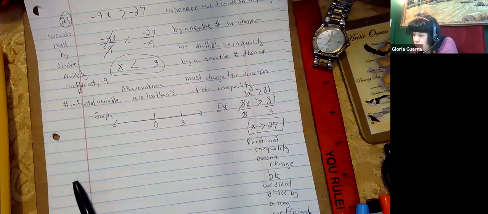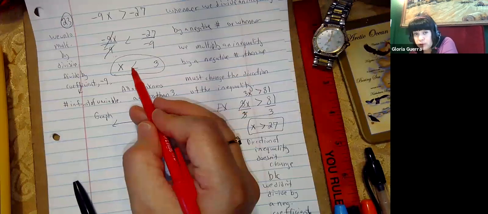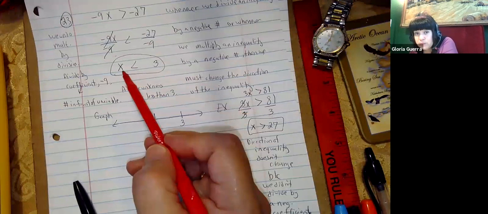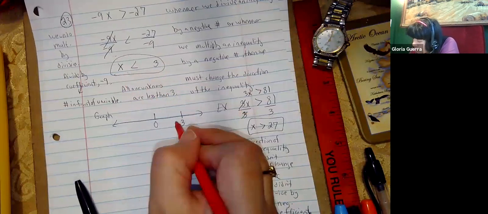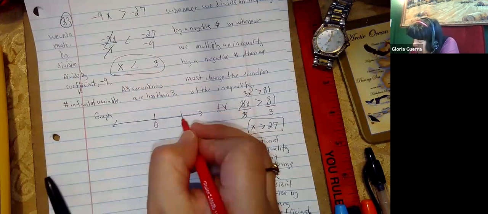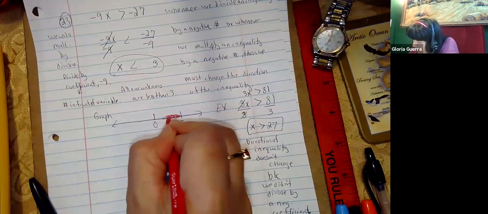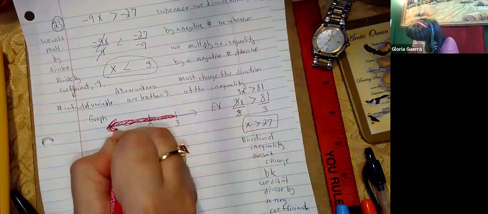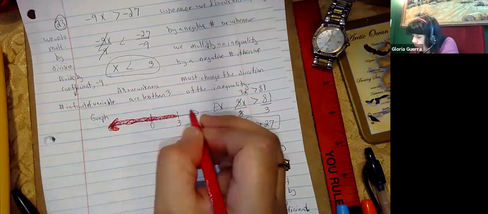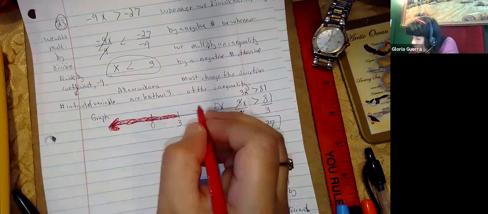So when I shade, and see how this is pointing to the left? Again, you want your variable on the left, inequality, constant. So you want to shade to the left of 3. And then the detail on 3 is you want to use